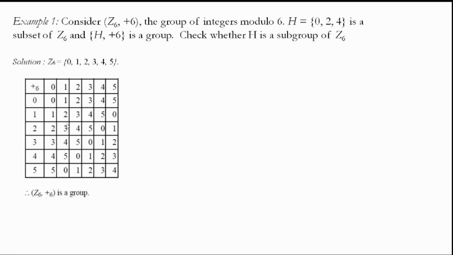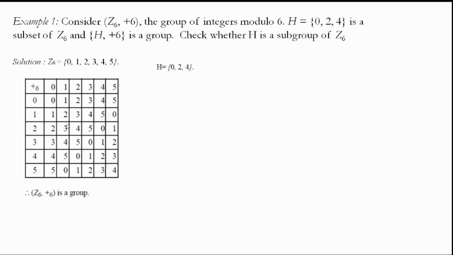If commutativity is also satisfied, then it is an abelian group, right? So we are going to see only whether it is a group or not. Obviously Z6 over addition modulo 6 is always a group, because whether you perform addition or anything else under modulo, again it will fall under the same range, that is 0 to 5. Now you pick up the subgroup H equal to {0, 2, 4}.